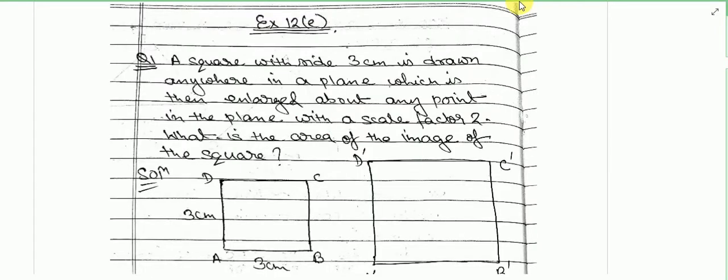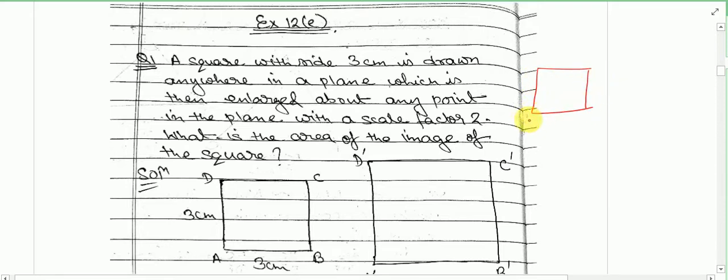Okay, so exercise 12E, question number 1. Here it says that a square with side 3 cm is drawn anywhere in a plane, which is then enlarged about any point in the plane with a scale factor 2. What is the area of the image of the square? So they are trying to say that